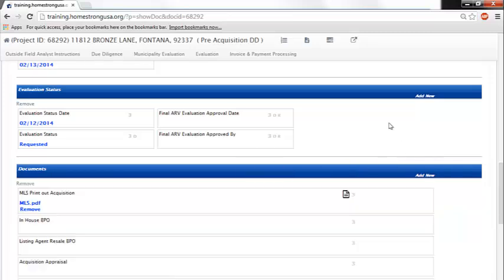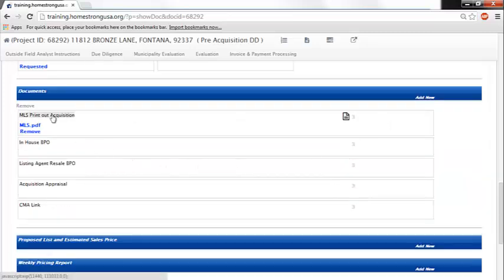As far as the documents, the MLS printout, that's information that we upload. The in-house BPO, that's also uploaded by us, and you will also see the CMA link, which is a live link to the MLS information that you can email your clients. So it does have limited information, but it provides you a quick view of the comps that were used to